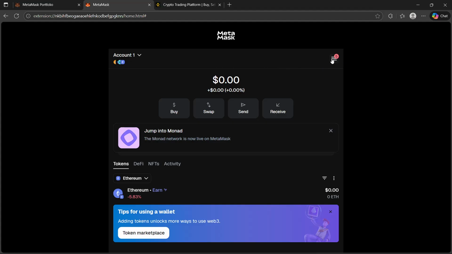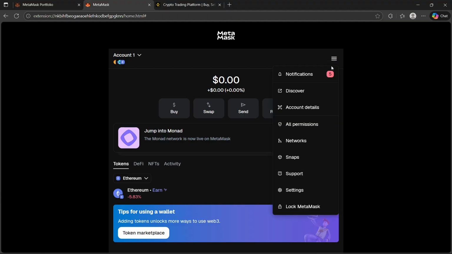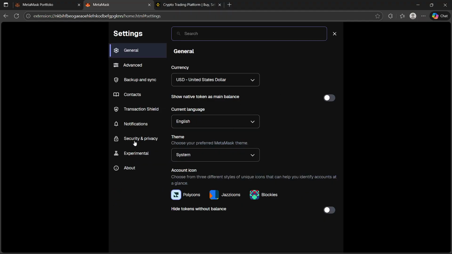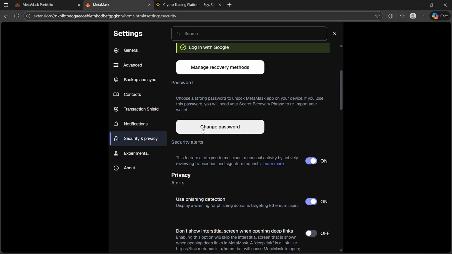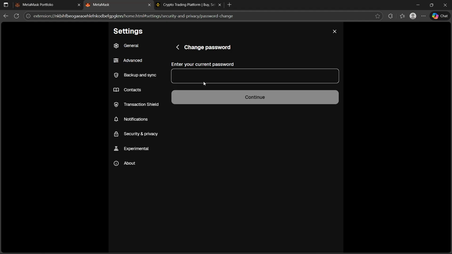And now that you're here, you will just have to click this three lines button right here. And what you will do is you will look for settings. So just go ahead and click that. And then you will look for security and privacy, which is right here, and scroll down a little until you see change password. So what you will have to do is just click that, and then you will have to enter your current password, and then you will just have to click continue, and then you will set your strong new password. And that's basically just it, and then you will just have to save changes and log in again